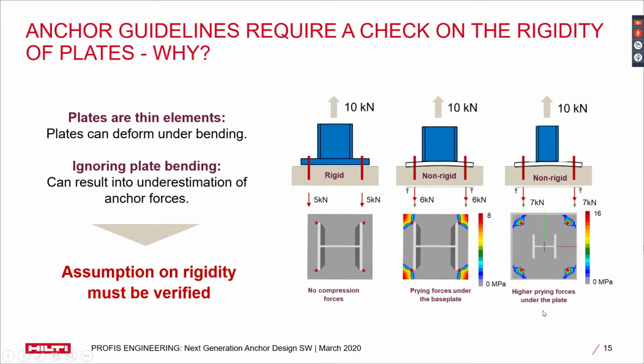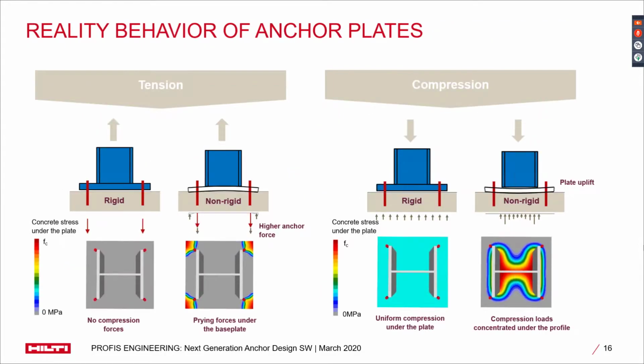behavior of the plate under tension and compression on the next slide. For an anchor connection under tension, prying force induced under the base plate and on the corner of the plate results in additional tension force to be resisted by the anchor. As for the compression case, the concentration is under the profile, resulting in additional bearing stress on the concrete member. Then lastly, for the bending case,